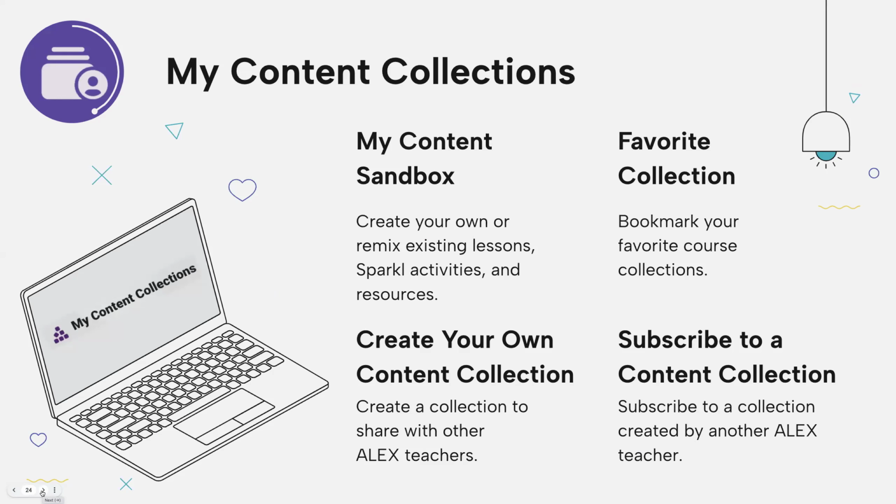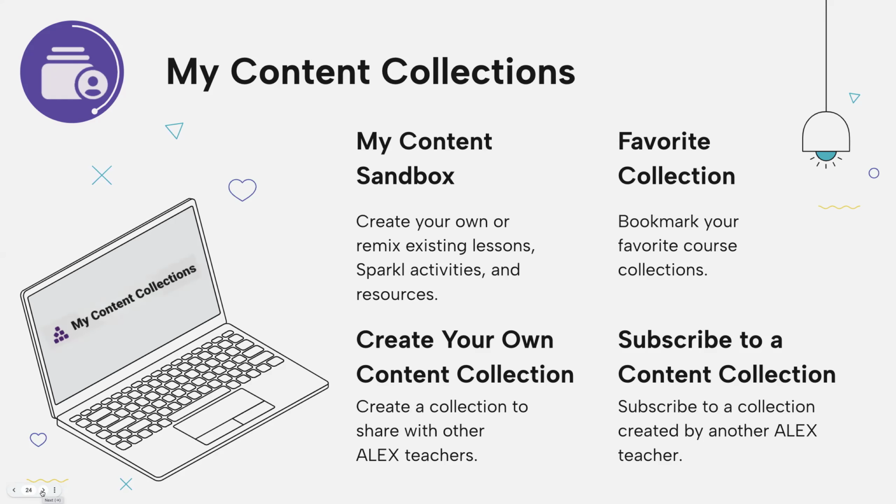But before we get into creating those accounts, I do want to let you know some of those features that you'll be able to access once you have an account. The first thing that you'll be able to do is access My Content Sandbox. So in the past, if you've had an Alex account, this was called the Alex Workspace. Now it's called a sandbox. And just like you probably had sandboxes on other sites, this is where you can kind of play around and build things and knock things down and start over.